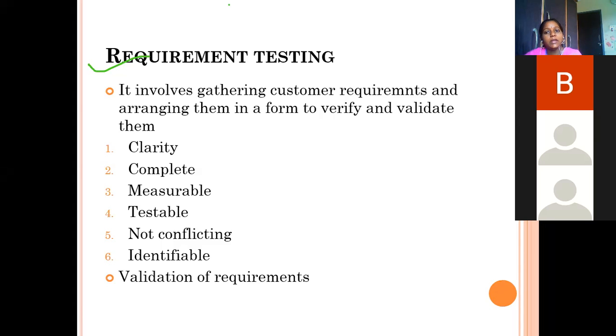So implied or intended requirements is a gray area and may be a reason for many defects in the final product. The requirement testing makes sure that requirements defined in the requirement specification meet the following criteria. The first criteria is clarity. All requirements must be very clear in their meaning and what is expected from them to your team.